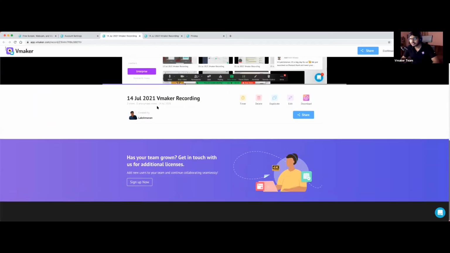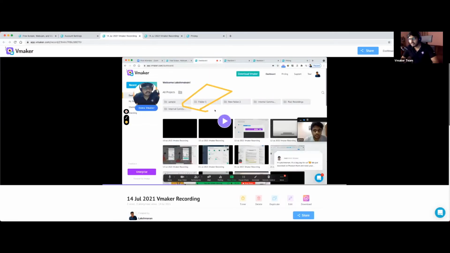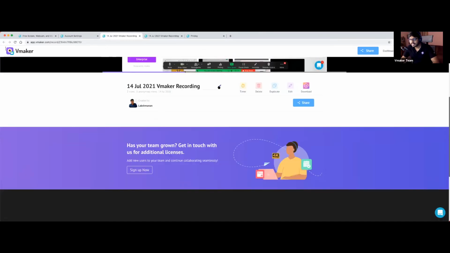And finally, there is the player page. I think we just scrolled through this, but I'm just going to take you through one more time. So once you come to the player page, you can see that the first option is editing the title of your video. So if you're sharing it with someone, it is always better to edit the title so that it looks a bit more professional. So once you have changed the title, the page title will also automatically change. If I just refresh the page, the title of the page will also automatically change. It is easier to refer as well.